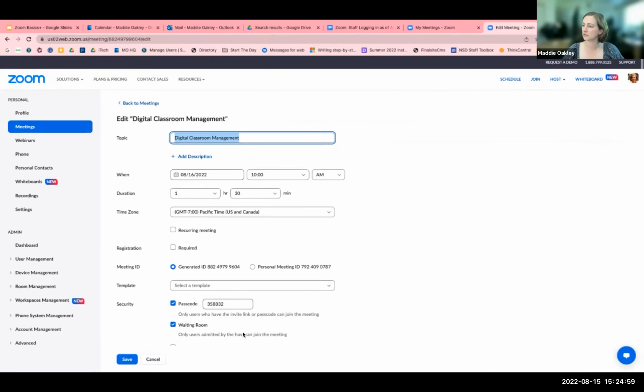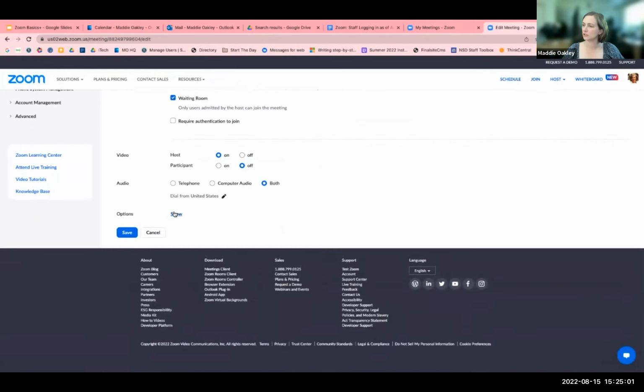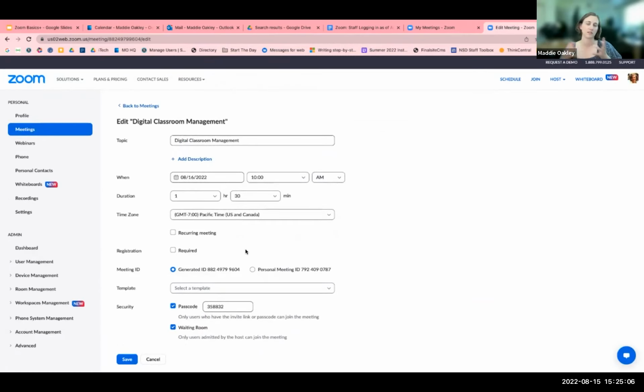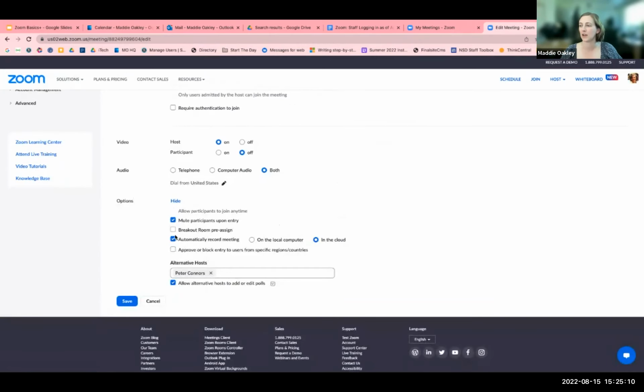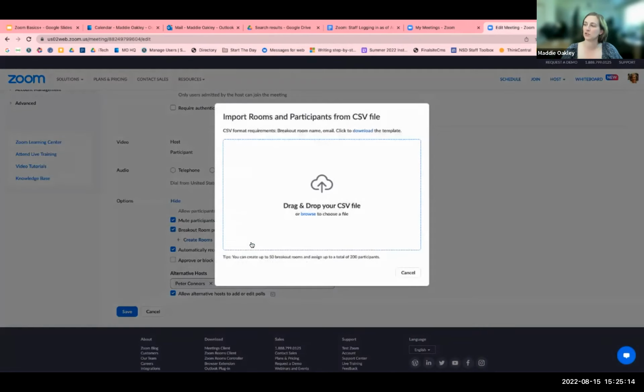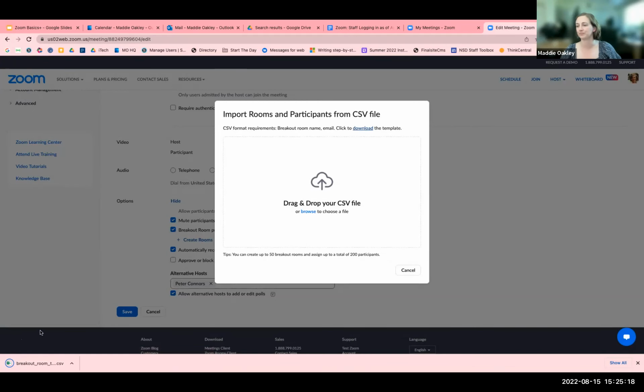Edit. Show. I have this option here when I have a meeting that's created, or I'm creating a meeting, where I can do breakout room pre-assign. And what I can do is create a CSV. There's a template that you download.